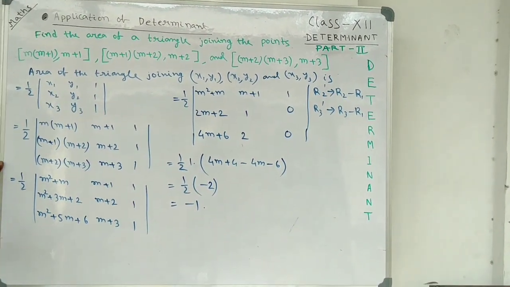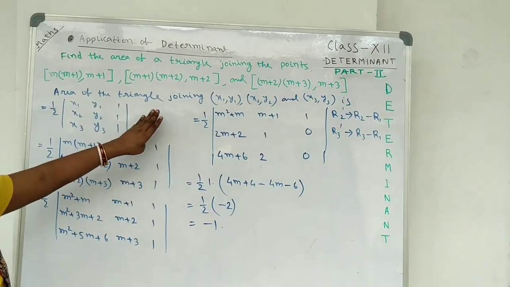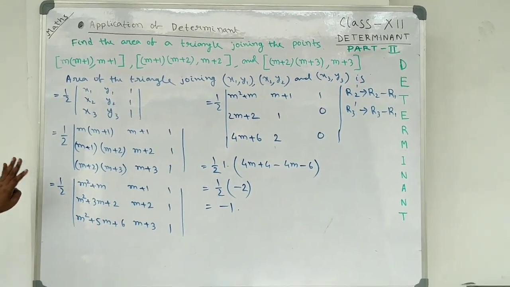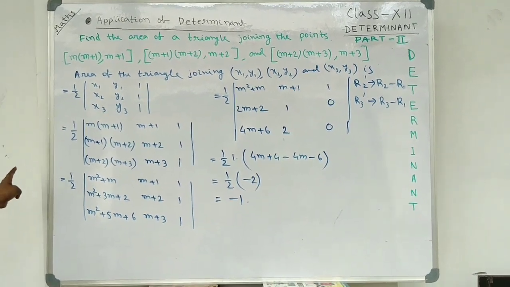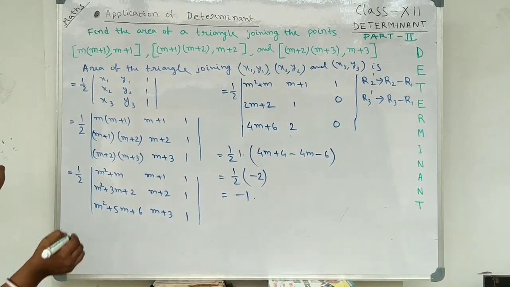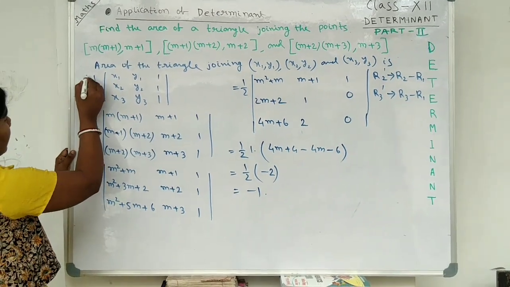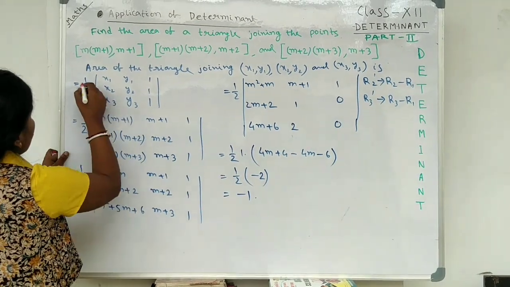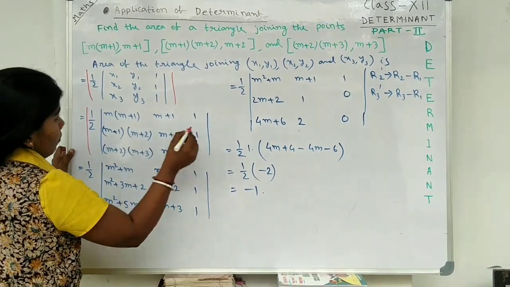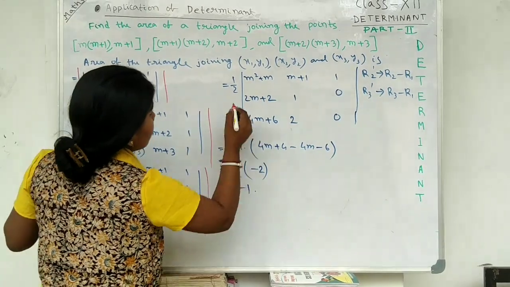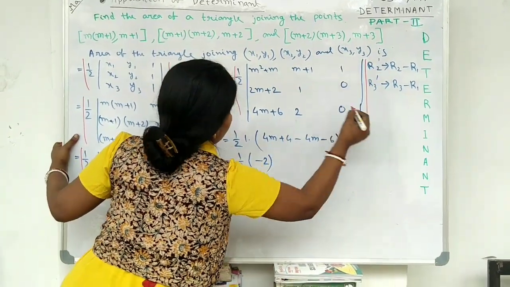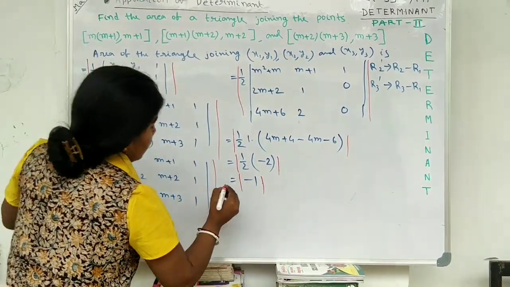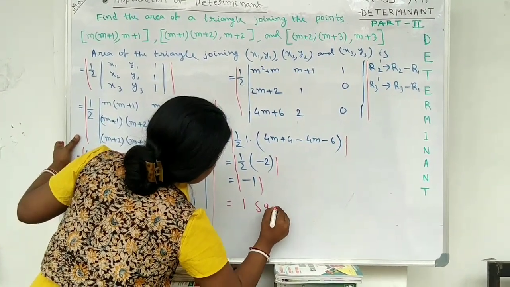Now look here, we are getting an area which is equal to minus 1. We know that area is always positive. So what we will have to do, we will have to take the modulus value of this determinant. That is, we have to take its modulus value. Mod of this. So this is equal to 1 square